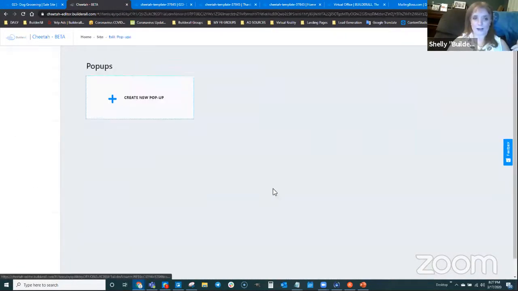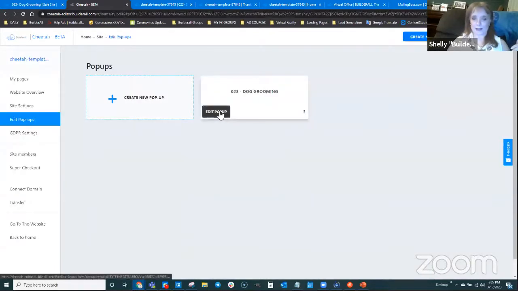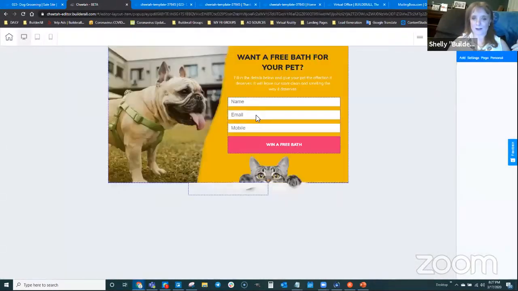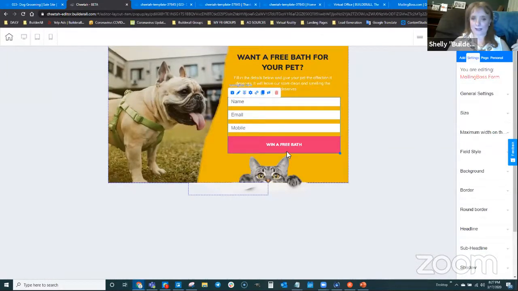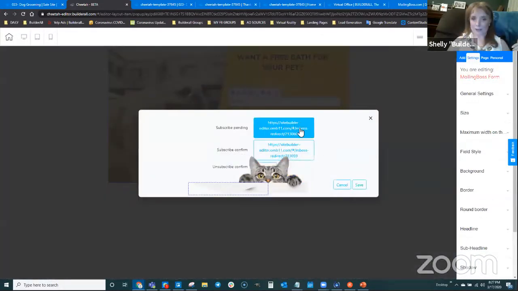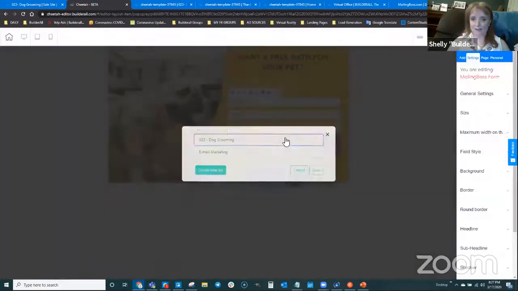So I go to edit pop-ups here, and there's my pop-up. There's my form. So I'm going to click on it and make sure that it's connected the way it's supposed to be. So there's the page that it goes to. They're connected. That's fabulous. And then I'll make sure that it's going to the right list.